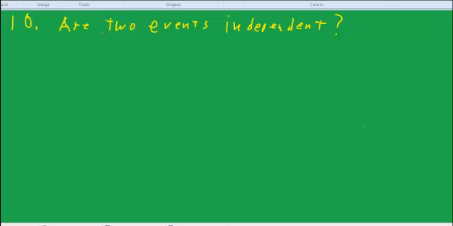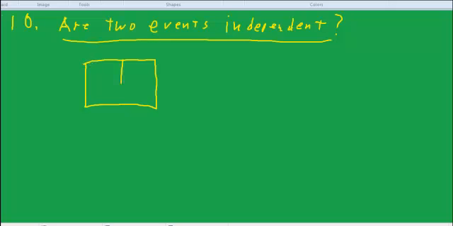We're up to Lesson 10, and we're going to ask, are two events independent? That's our topic for today. We're talking about two events that are not necessarily independent, and if you remember our favorite example